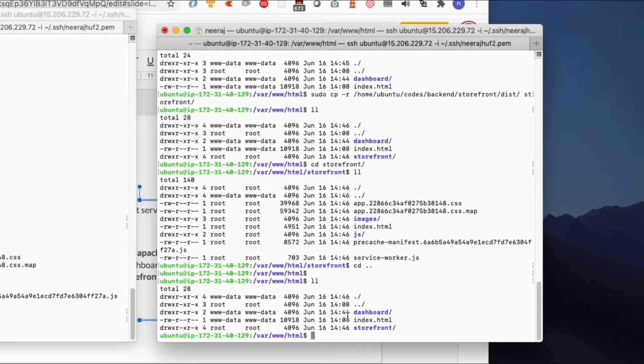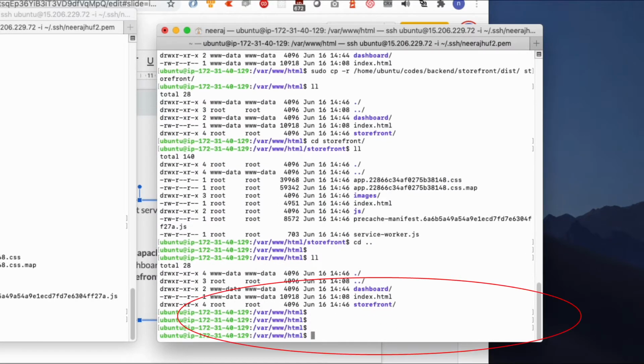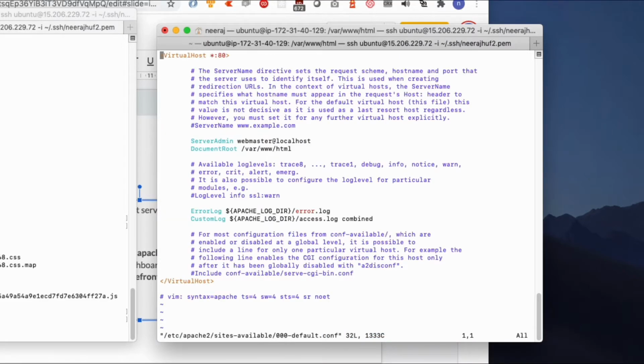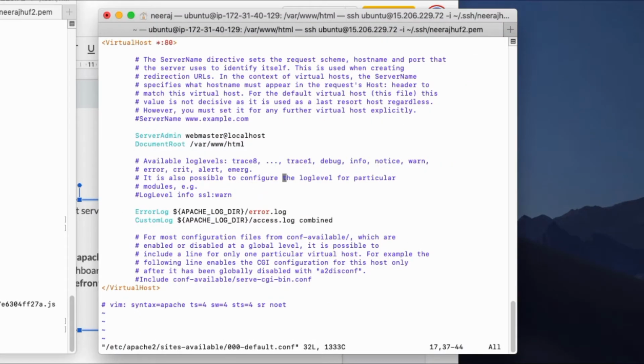Now it's time to set up my Apache. By default, the Apache configuration file is etc apache2 sites-available 000-default.conf. So I'm going to add my configuration file.